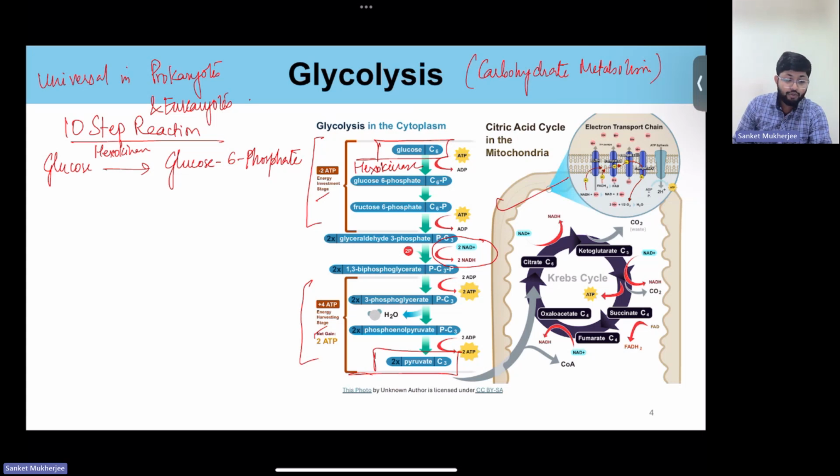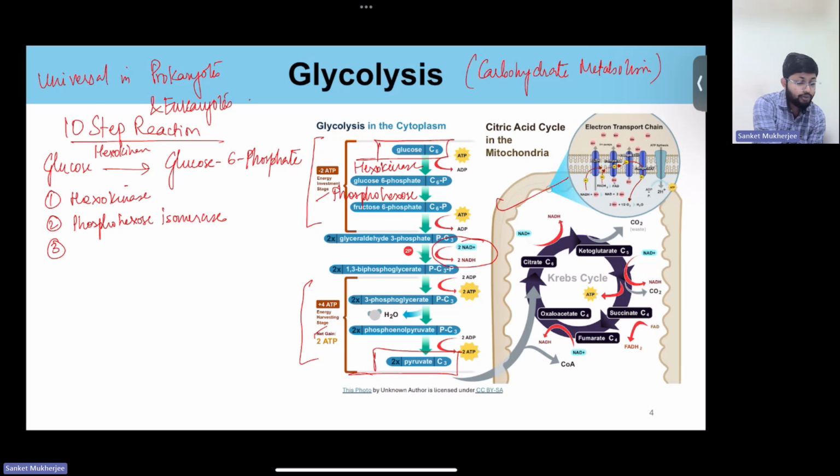Then phosphohexose isomerase converts glucose 6-phosphate to fructose 6-phosphate. So the enzyme is phosphohexose isomerase. So let's see that. First enzyme is hexokinase. Then we have phosphohexose isomerase. Then we have